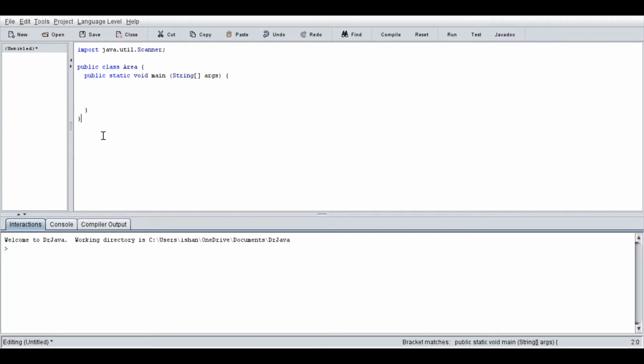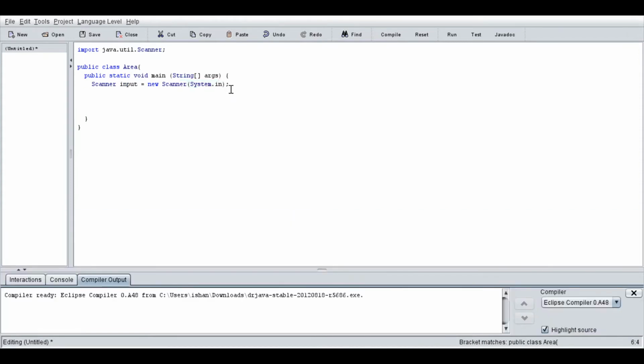Let's begin. Here I have set up three things for you guys. The first line is importing the Scanner class so we can take input from the user. I have made a more detailed video on this. The second line is making a class. The third line is declaring the main method. The first thing I will do is declare and initialize a Scanner object. To do that, write Scanner input = new Scanner(System.in);